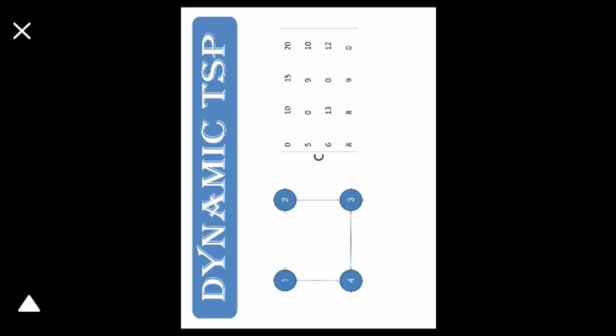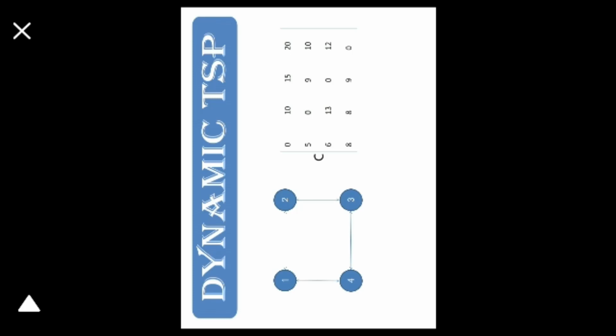We know how to write the cost matrix for the given weighted graph. Here the self loop, the distance from one city to the same city, will always be 0. Like 1 to 1 is 0, 2 to 2 is 0, 3 to 3 is 0, and